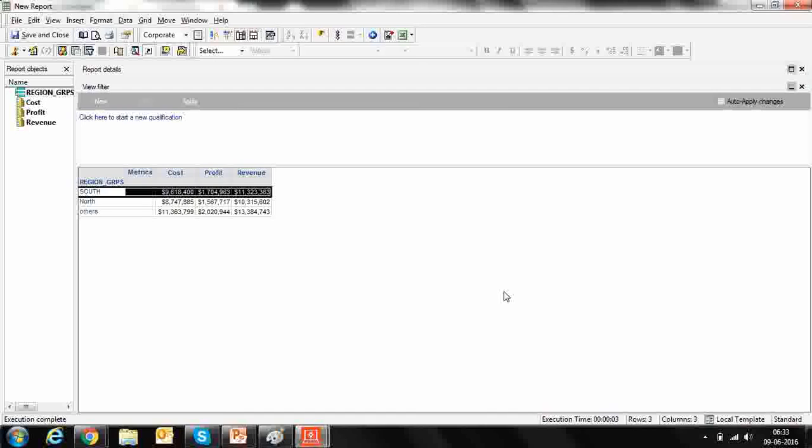So what you can analyze is that for the south region you have this much of a total cost, this much of a profit, and this much of a revenue.